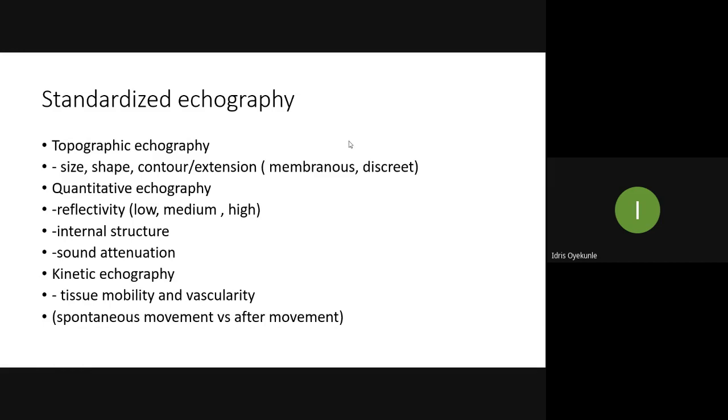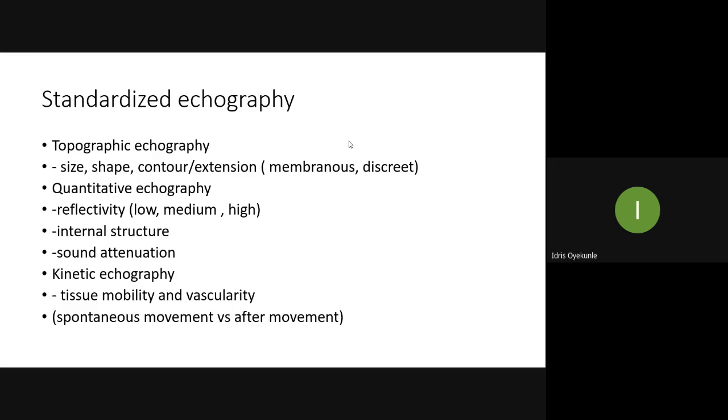For standardized echography, like I mentioned, which is used to differentiate lesions through thorough analysis of specific acoustic characteristics, it is good that we understand how it works. It employs both the A-scan and the B-scan, but even at that, I think one can use the B-scan alone to do a standardized echography. It entails the assessment of three properties: the topography, the quantitative characteristics of the tissue, and also the kinetic characteristics of the tissue. In topography, you're interested in the size, the shape,